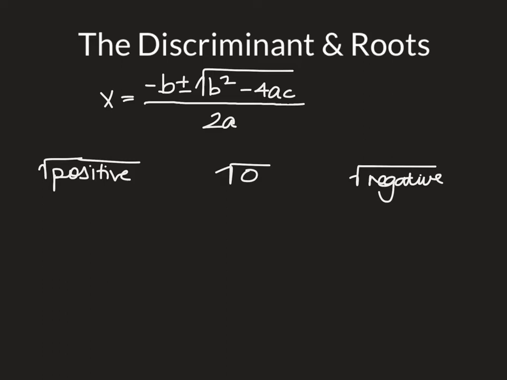Okay, so I just want to show you a special part of the quadratic formula. It's called the discriminant, and it's this part right here underneath the square root, which is the part we do first. So that's what we call the discriminant. You're going to see that vocab word probably on the ACT, and you'll see it a little bit in this course also. And what this part does is tells us about the roots,